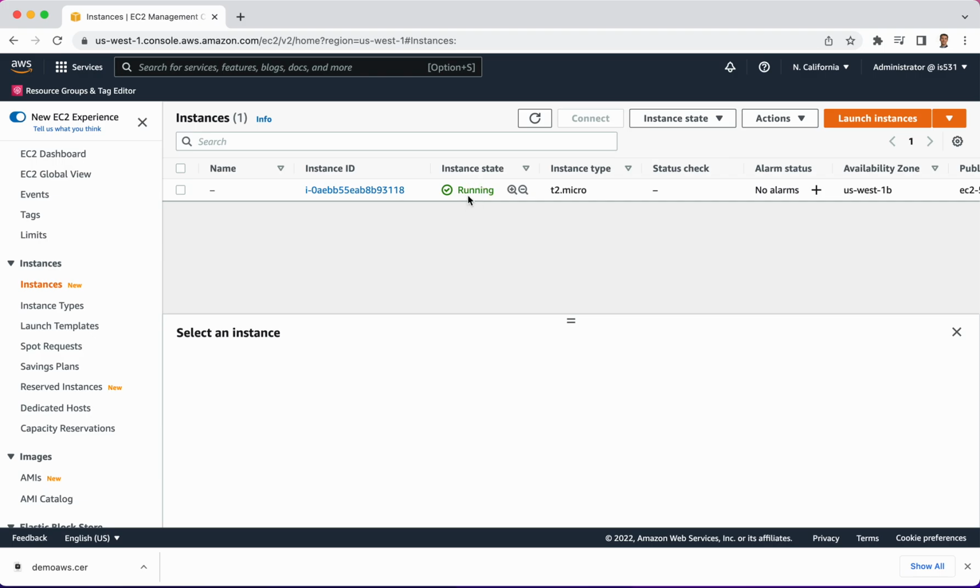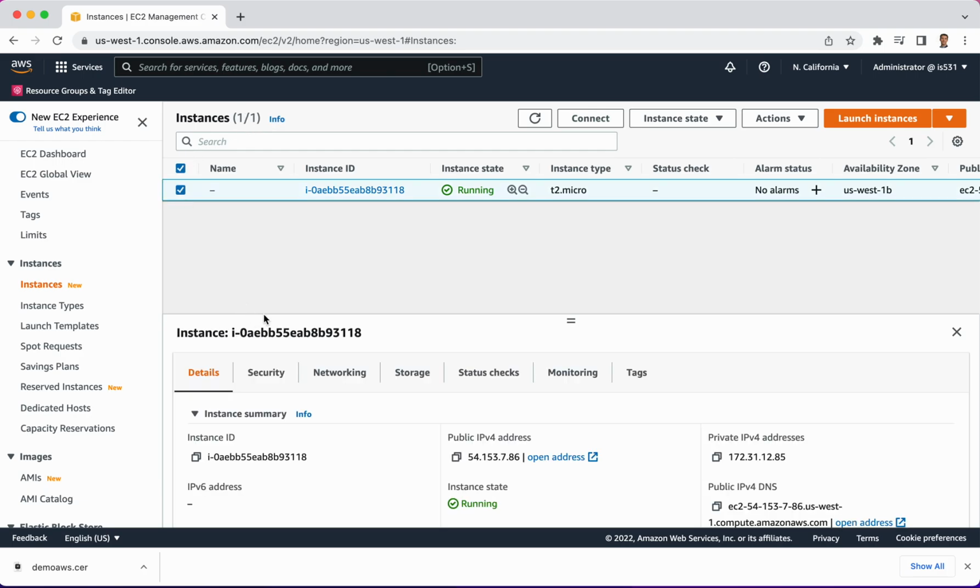But because this is a virtual machine on an existing machine, it doesn't take too long. And it took only about 5 to 10 seconds for this to change to a running state. All right, I'd like to log into it soon, but before I do that, let's go ahead and click on